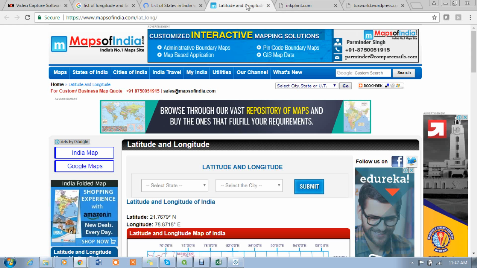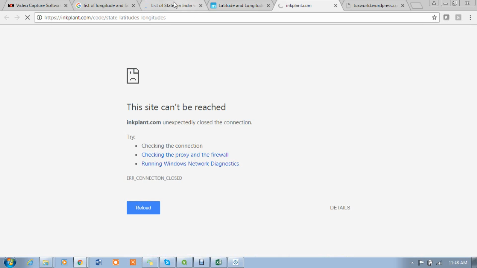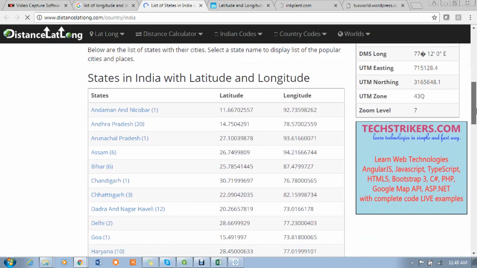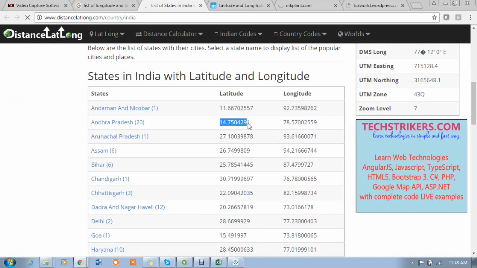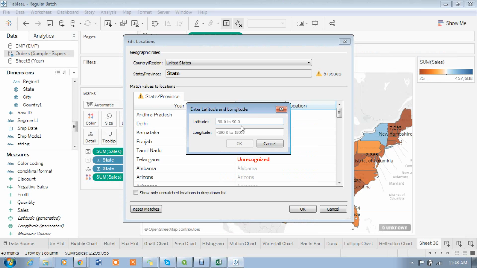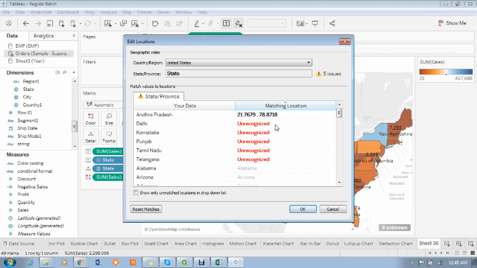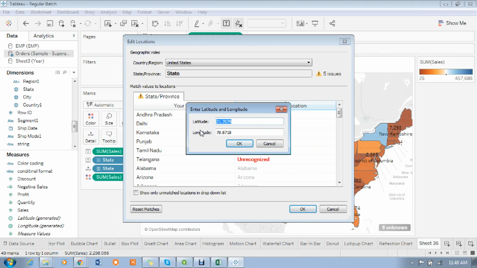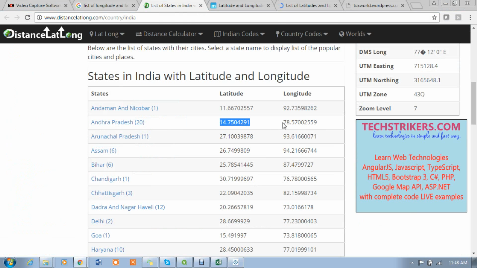Take some more time. Okay, here we can see all of them, madam. This is the latitude. Go here. This is for Andhra Pradesh. Latitude this one. Longitude this one.